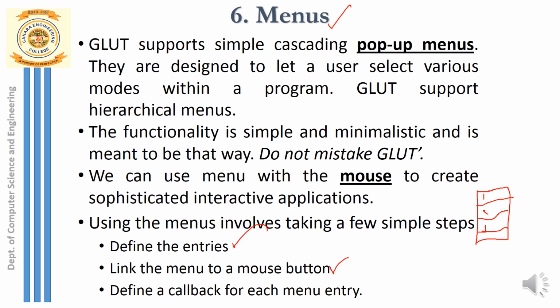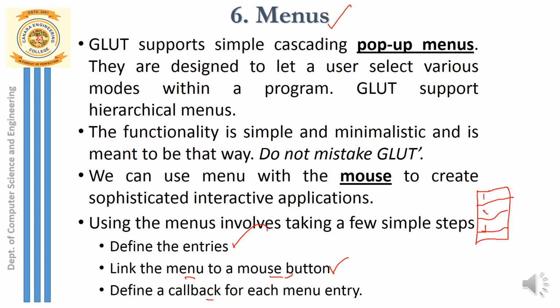So the next step is to link the menu to a mouse button. One is selecting the option inside the menu. Before that, when should this menu appear? Not immediately when you display the display window. When you open the display window, this menu will not appear. Usually, when you right click on the window, the menu should appear. So I can do that. What am I doing? I'm attaching the mouse click to the menu. When I click a right button or left button, the menu will appear on the display window. So I'm using a mouse button to get the menu on the screen. So linking the menu to a mouse button is the second step.